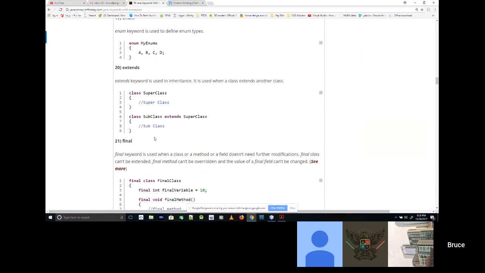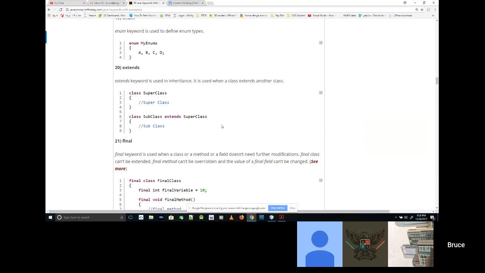Extends is when you develop a superclass and you might have a subclass. I've already given an example of a potential superclass. Can you guys remember what that might be? I didn't call it a superclass when I said it. It was gun. So if I were to define that a gun is a certain thing, that would be the superclass.